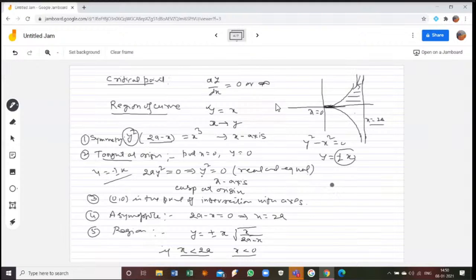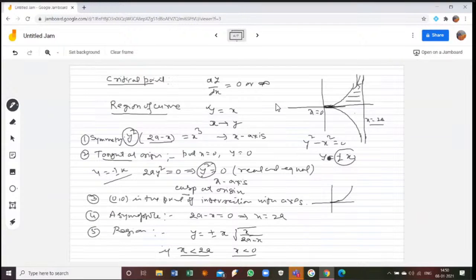Not only single, like x-axis is the tangent, then suppose for the parabola, you can say only that this is the tangent. Okay, no, like this is not so here, because this is of y square. This is not only y, but it is y square. So if it is y square, it means that 2 tangents are there, but these two tangents are real and equal. So if such things is there, then nature of the tangents will be cusp, and we can say that there is a cusp at the origin.